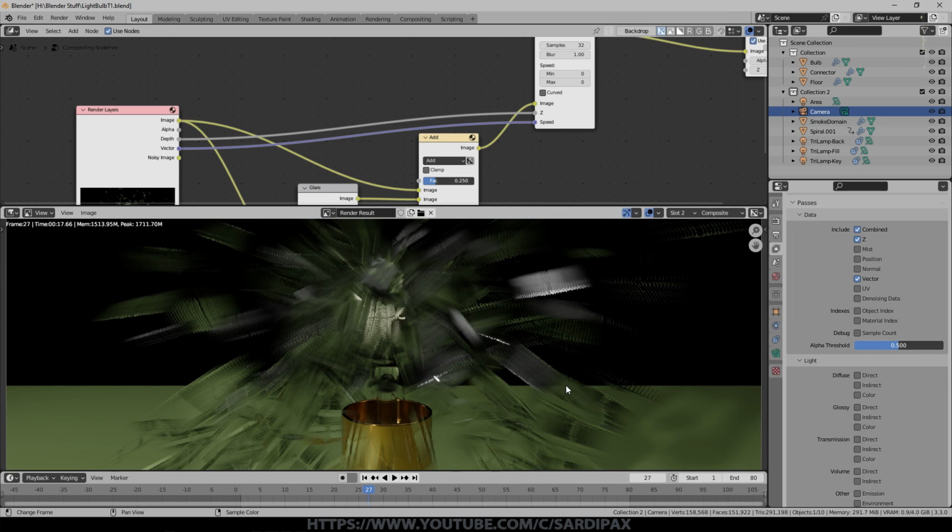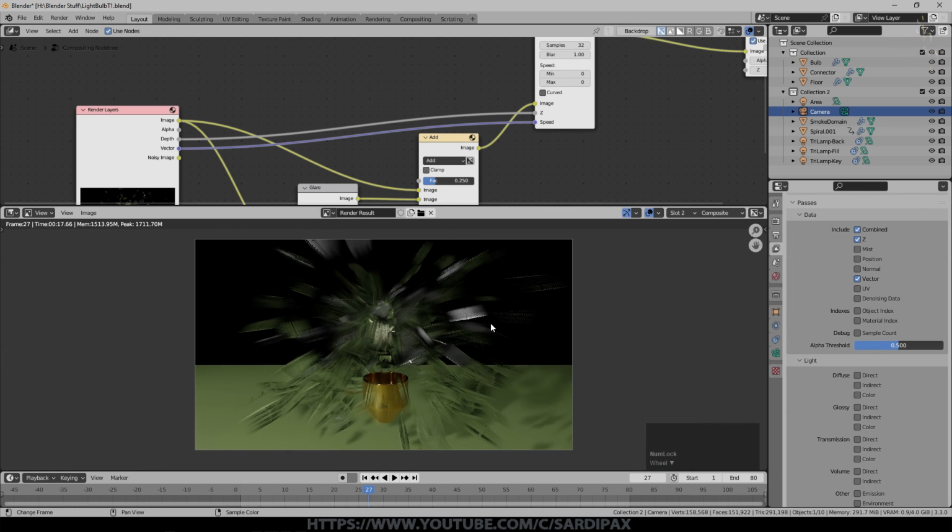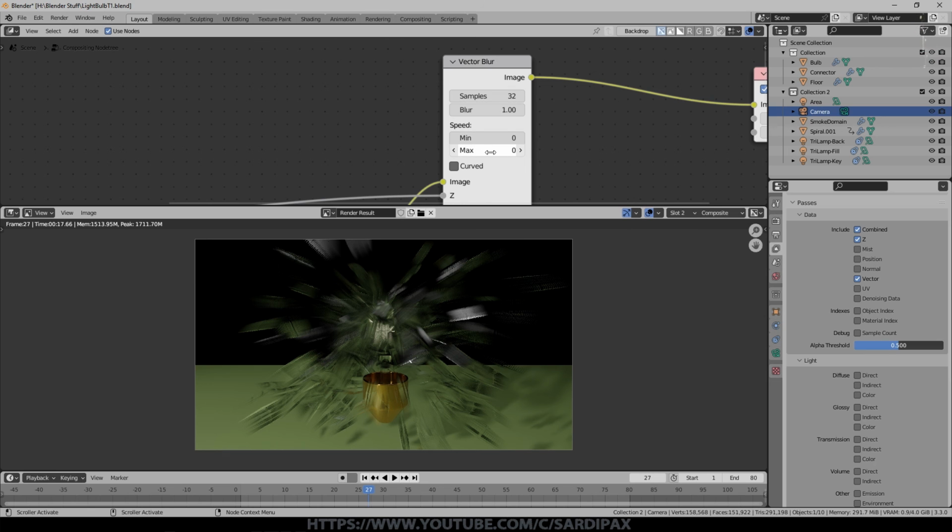And obviously this calculation takes a while. And there you go. You can see we've got some quite interesting effects there. And you can play around with how extreme it is and so on. So I just accepted the defaults, but you could set a min and a max. You can have more samples to have a higher quality of blur, and you can reduce the amount of the blur. So if I set that to 0.5, for example, you can see it's not so extreme now.